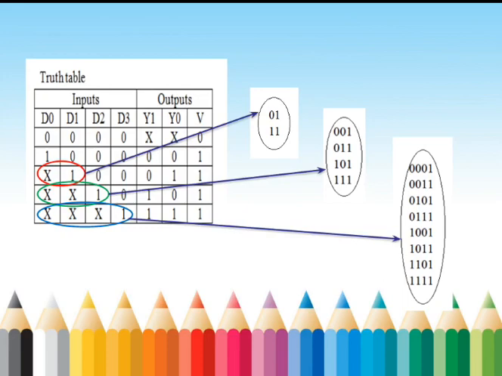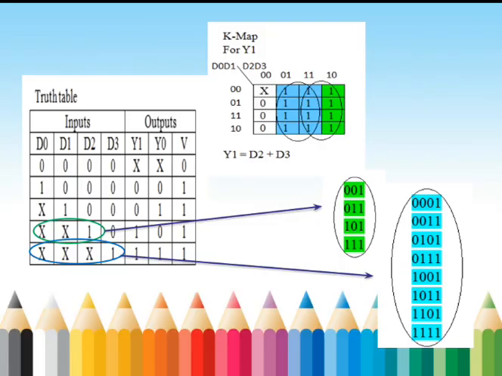With the help of the truth table, we may identify the simplified Boolean expression with the help of a K-map. By observing the column Y1, it is enabled only when the data input D2 or D3 is enabled. The combinations for D2 being enabled are shown here in green color. Similarly, the combinations for D3 being enabled are shown in blue color. The same can be transformed into a K-map, and after grouping, the expression for Y1 is D2 plus D3.